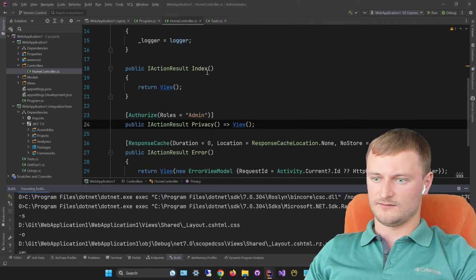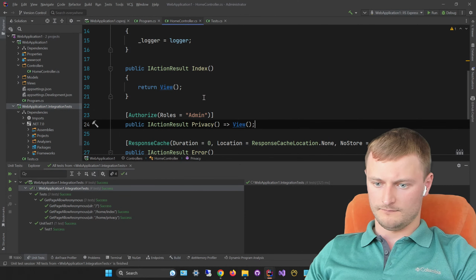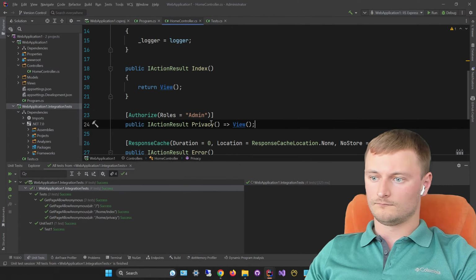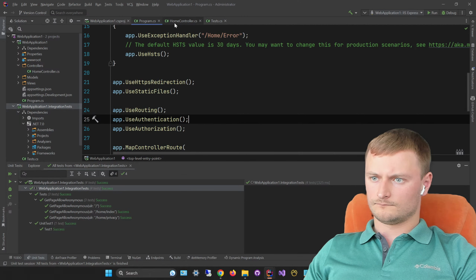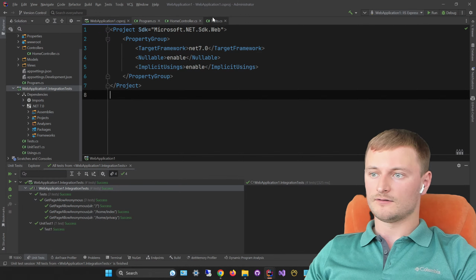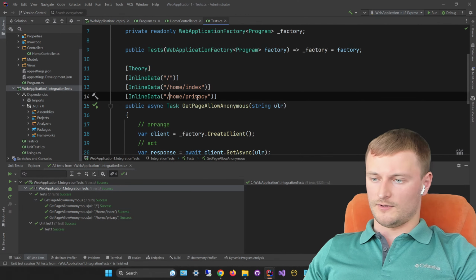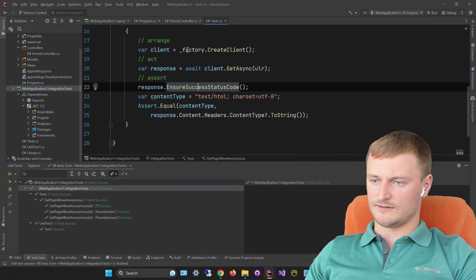And probably let's rebuild it. Let's do one more time. One moment. One looks a bit strange. So, let's see, home privacy. We are ensuring the status code, and